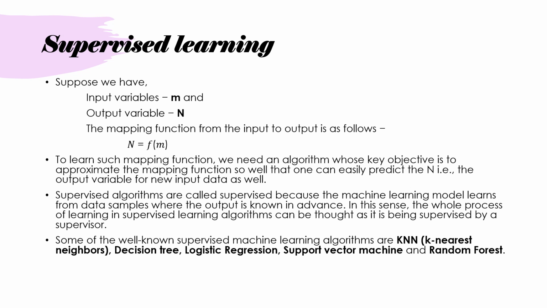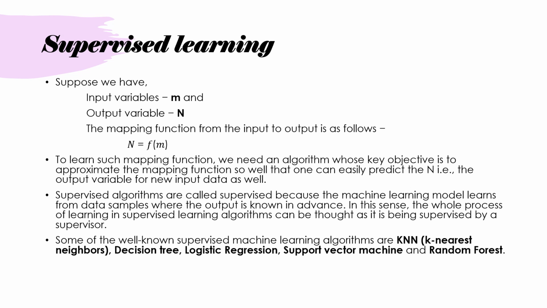Supervised learning is called supervised because the machine learning model learns from data samples where the output is known in advance. In supervised learning, the model learns from the labeled data. Imagine there is a teacher guiding a student. The algorithm is provided with input data along with some correct answers, and its task is to learn the underlying pattern and relationship that connect the two of them. Once trained, the model can make predictions or classifications on new unseen data, just as a student can answer questions